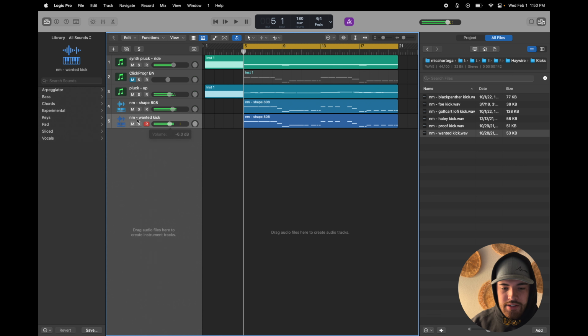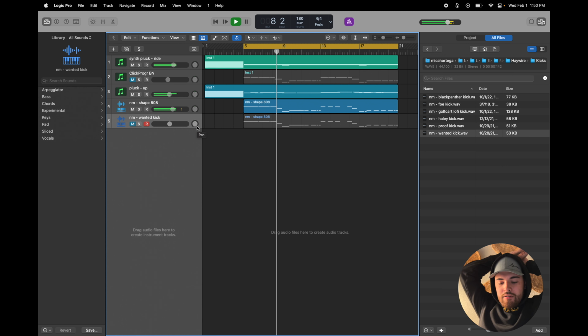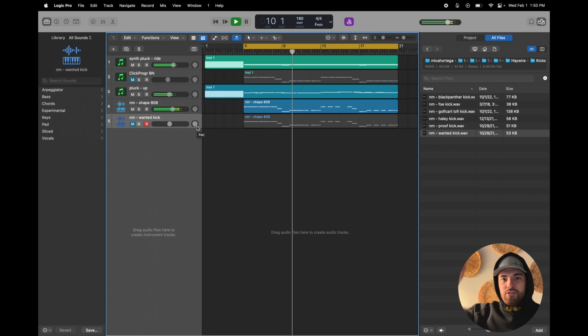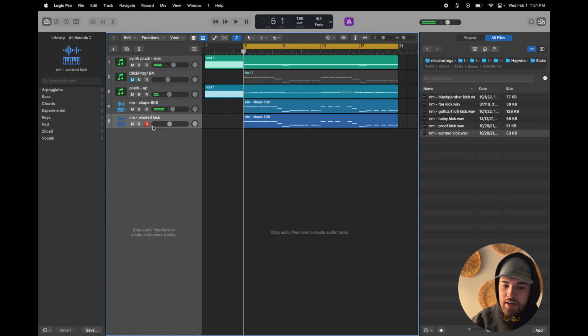So if you listen to this without the 808, I mean without the kick, let's keep that muted. So let's mute the kick. You can definitely tell the 808's in there, but it definitely sounds a little bit more sluggish. It's not as snappy. But when you add in the kick and you layer it with the 808,